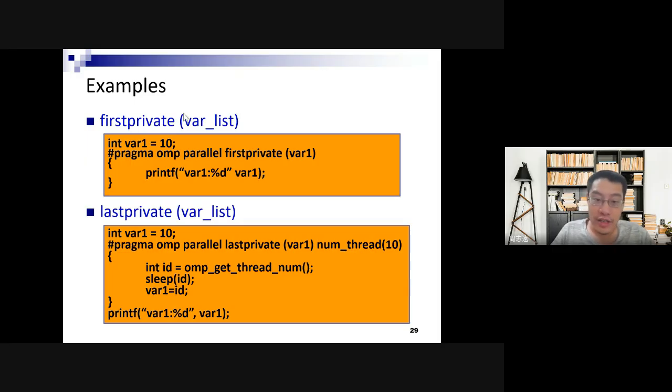So in this case, because we have firstprivate and we actually do initialize the value for var1 before we enter the parallel region, we should expect all the threads to print out 10. As you can see, it's just like a scatter, right, before you do any computation. All right, and for lastprivate, as we mentioned, it's just the inverse of